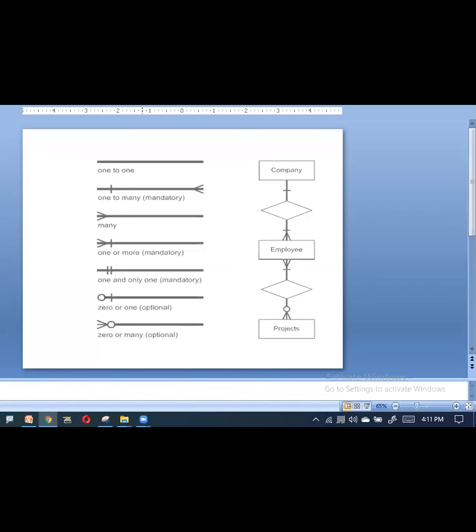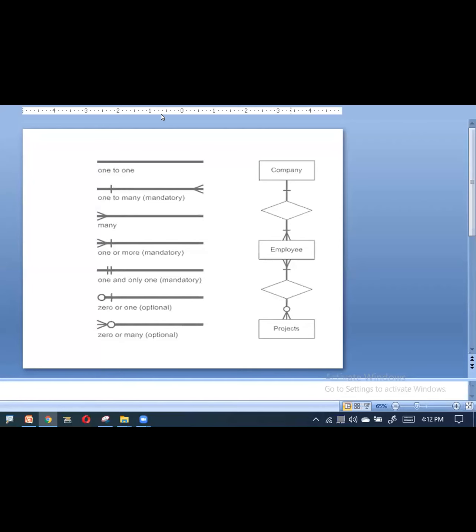Now, how are we going to use these particular diagrams in an ER diagram? Suppose company is an entity and project is another entity. In our college, students are going to do projects. Similarly, a company hires employees, and employees do their projects.